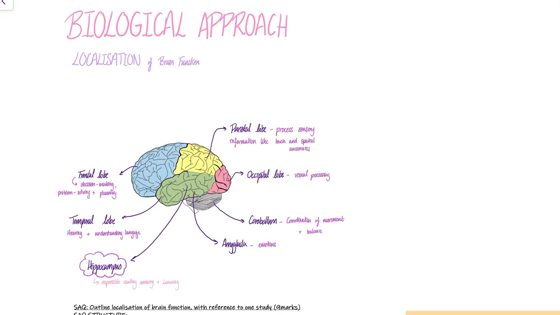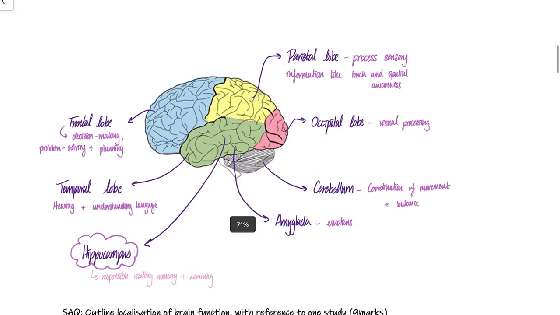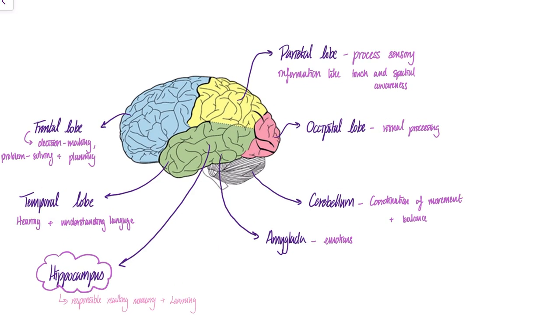Hi everyone, in this video we'll be exploring the topic of biological approach and more specifically localization of brain function. We'll cover the key areas of the brain involved, explain what localization is, and look at a study that shows how our brain adapts through learning. So let's get started. Here is a labeled diagram of the brain, and we'll first look at how different parts